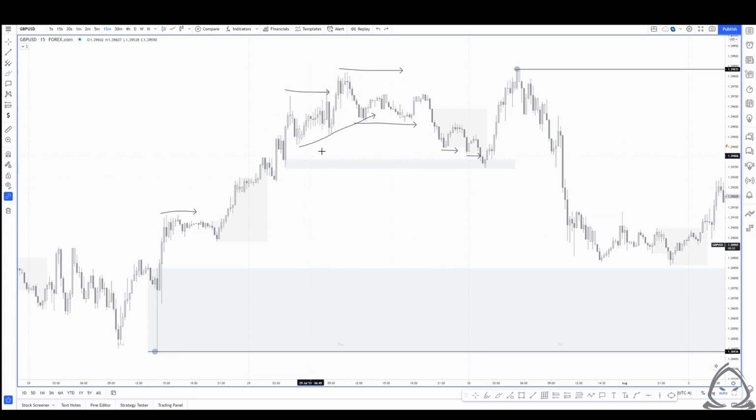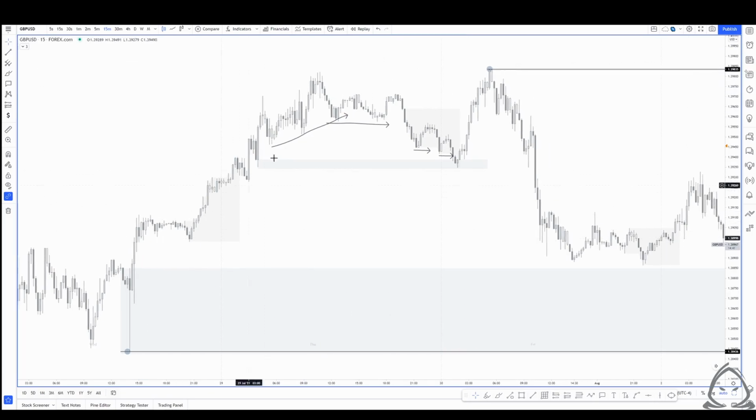And in this case, what we can see is we have a lot of liquidity, internal range liquidity being created. We sweep or take all of that liquidity, we tap into a demand zone, and then we continue moving to the upside, breaking the previous high. So what we can see is all of that liquidity has been taken. But what we can see when we just look a little bit further down,